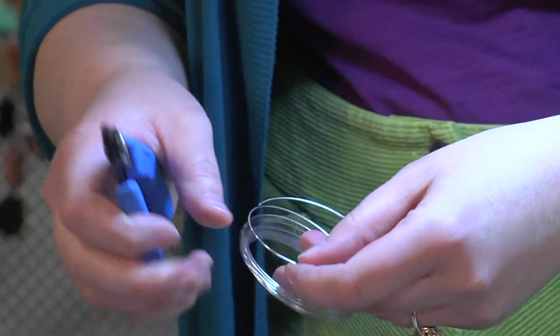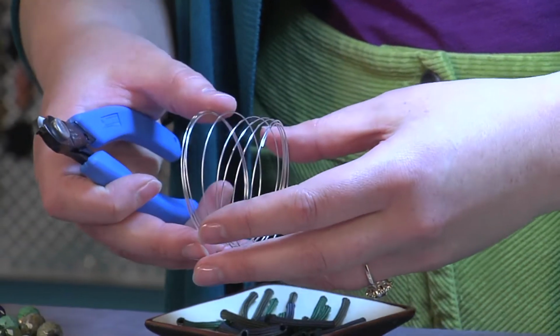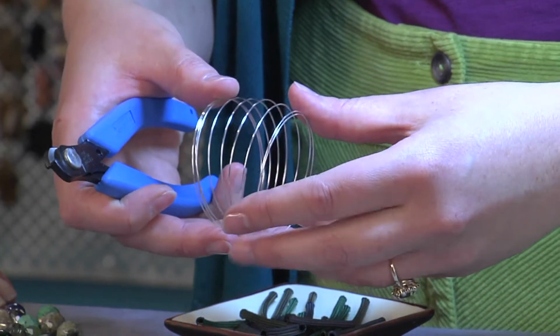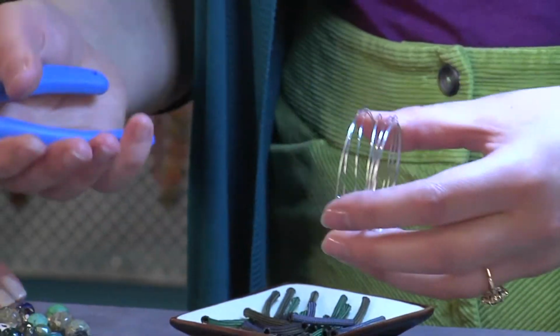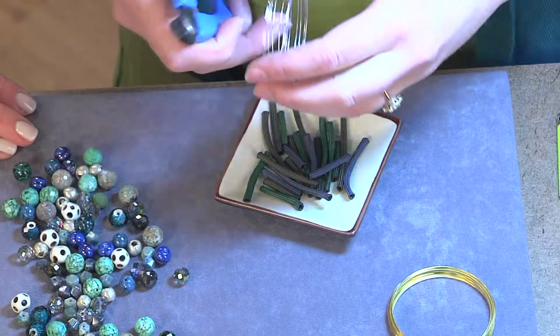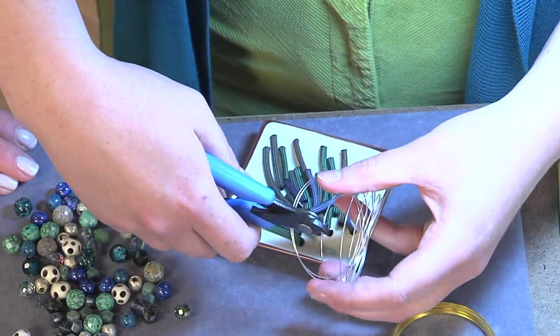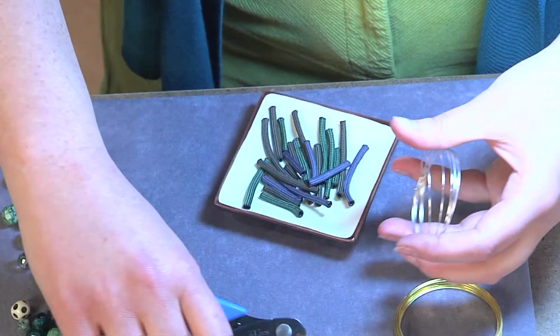So I'll start by cutting my wire, and I'll usually start with about 6 coils. You can do as many as you want. The more coils, the further it's going to fill up your wrist, which makes it look like a stack. Exactly, which is really popular right now. Sure is. So I'll just cut my wire,